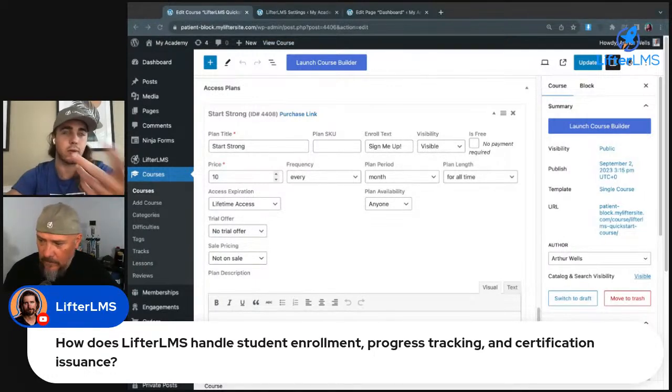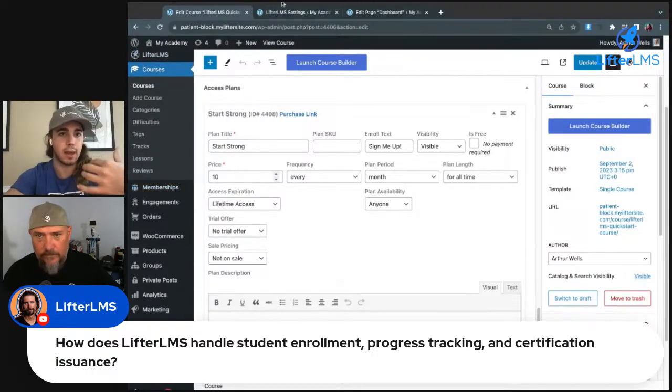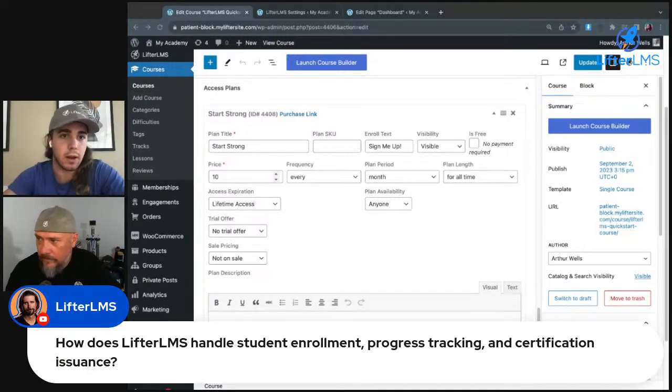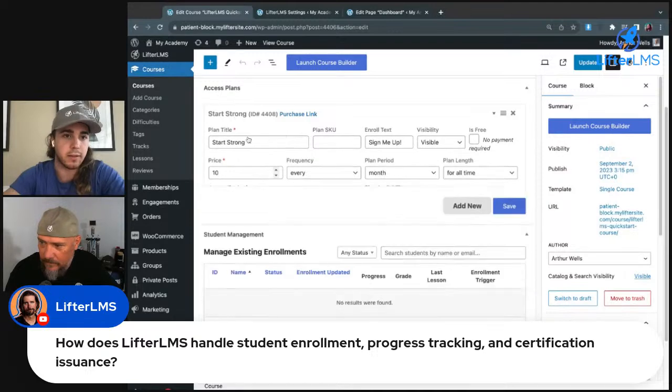But then there's also the LifterLMS Groups add-on, which is designed to allow you to make your site for companies or organizations where you could sell access to a school or a company that might have 100 students that they want to enroll, and you would set as the website admin that the group leader can enroll 100 students into that group, for example. So there's a lot of different ways to use LifterLMS and a lot of different ways to enroll, but out of the box, the basic setup is going to be to use the access plan system for enrolling.